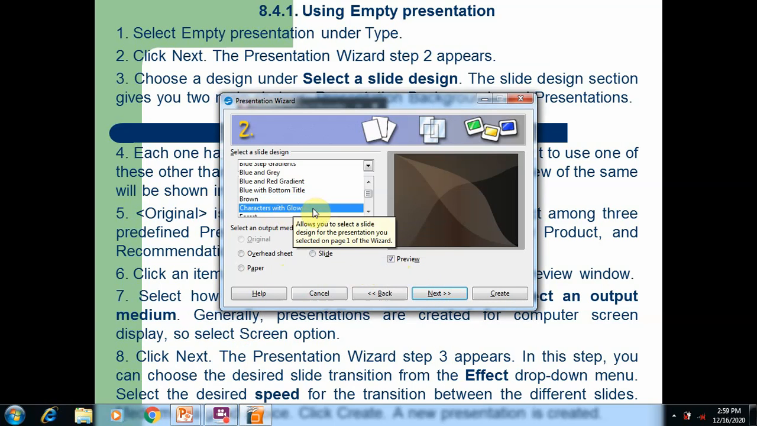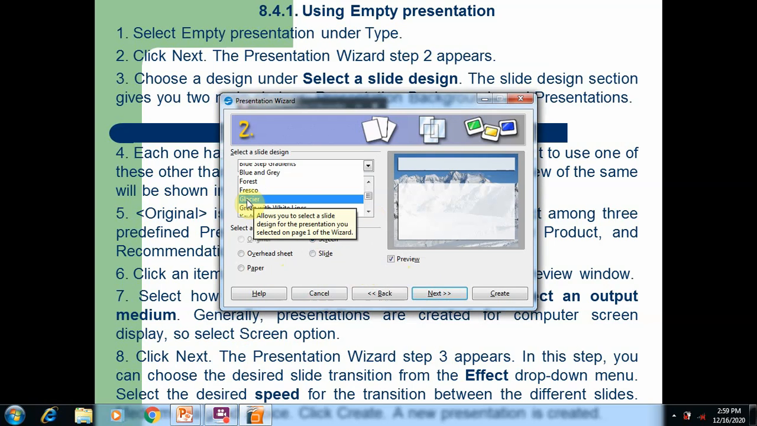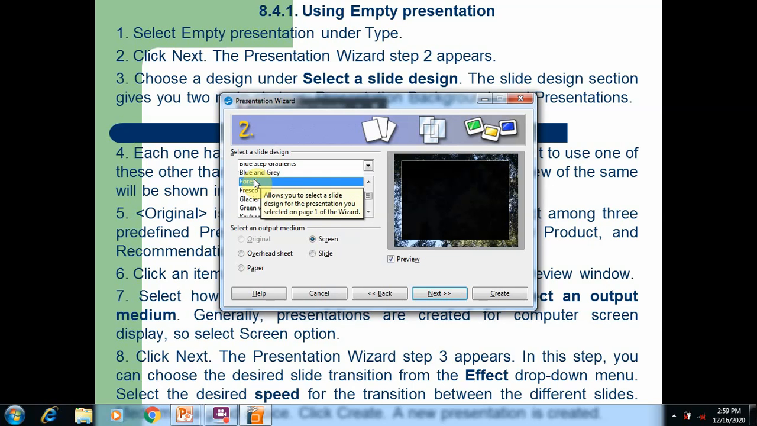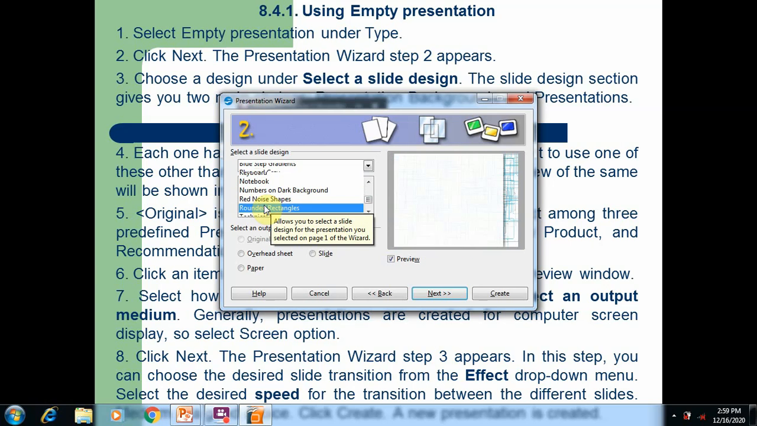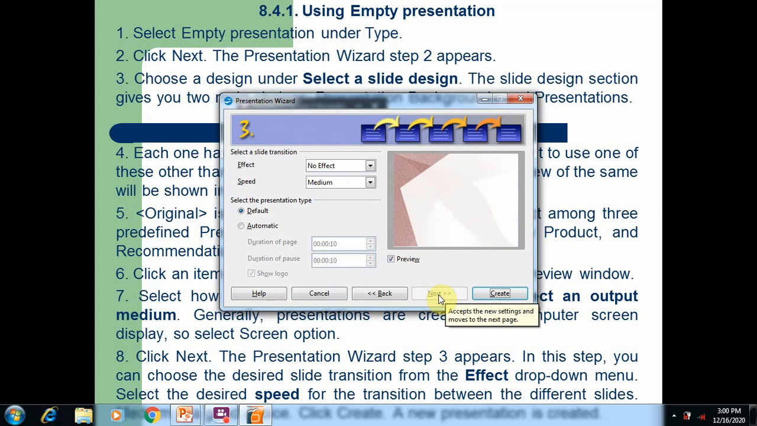Here I selected slide design characters with glow or glass, any one of the simplest methods. Now here I selected the forest. You can see the forest or fresco. Any one of the slide designs we can select, and output medium as screen. Now I'm going to click the next button. So this is the slide design I selected here. When I click the next button, in the third